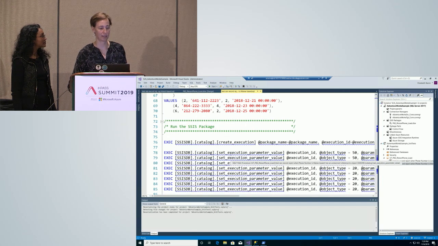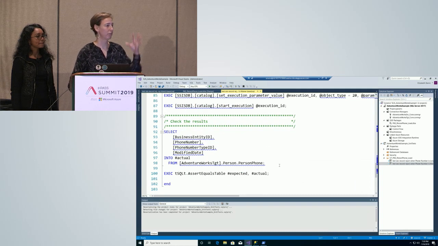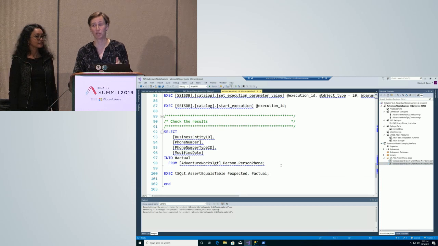I run the SSIS package like it's an incantation. You have to follow it exactly. You set up your create execution. You have your parameter values. And basically, you hit go on line 87. Start the execution. We've set it to synchronized, so it's going to wait until your SSIS package is done, and then you check the results. That's what the unit test is for. You have known data going in. You have known data that you think should be coming out because your SSIS package is supposed to work a certain way according to your business. Let's assert that the table you expect actually matches your actual. Does that make sense? So this is my main one.